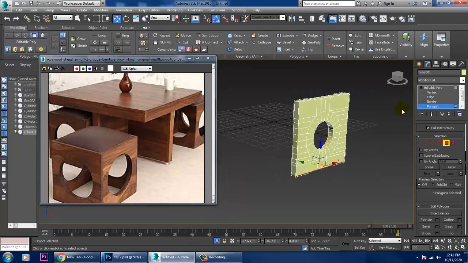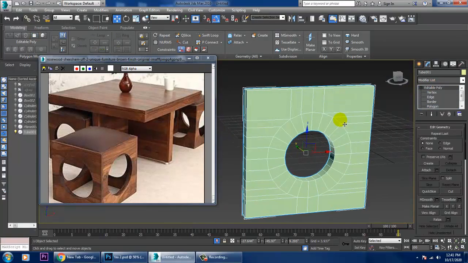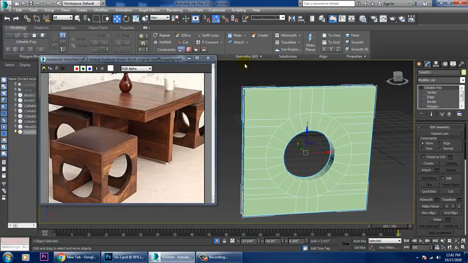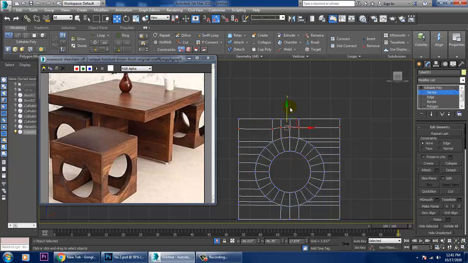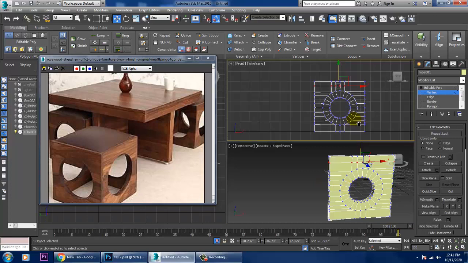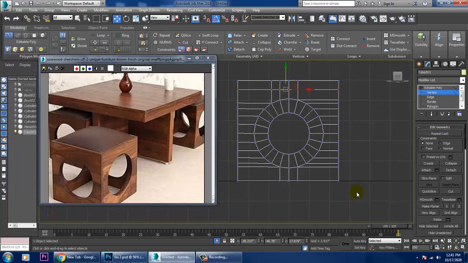Now what I'll do over here is I'll take one loop over here, I'll put one loop over here and I'll just scale it right from the top. Okay, perfect. Let's just put one loop over here, R and scale it, perfect.